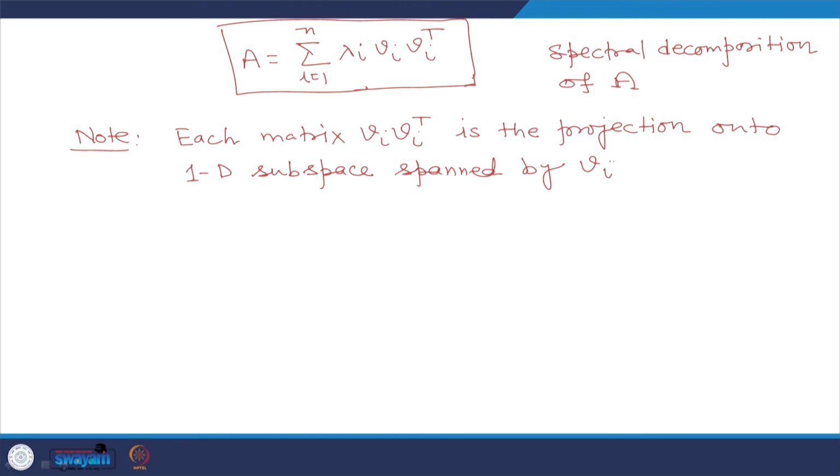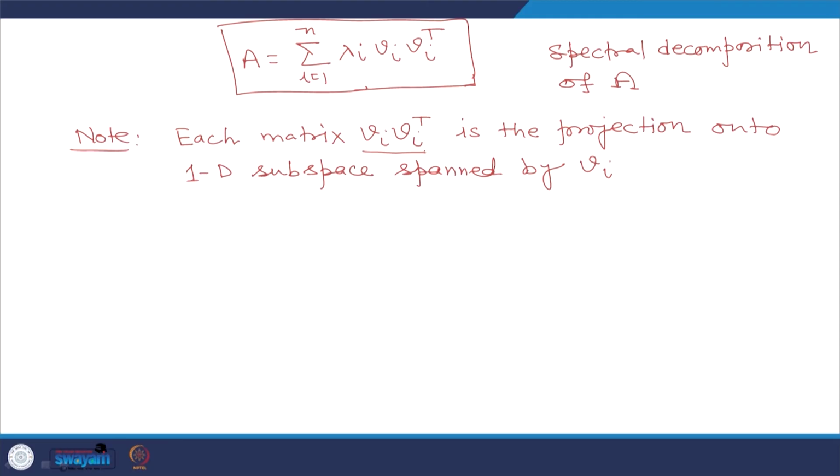Vi. Okay. So, it means each of these matrices is a projection transformation onto a subspace which is